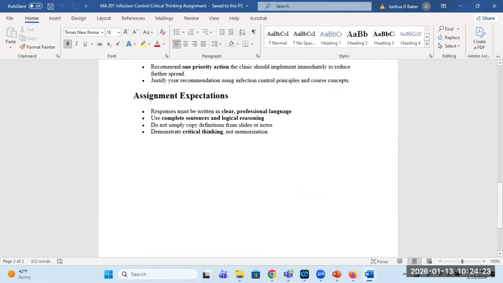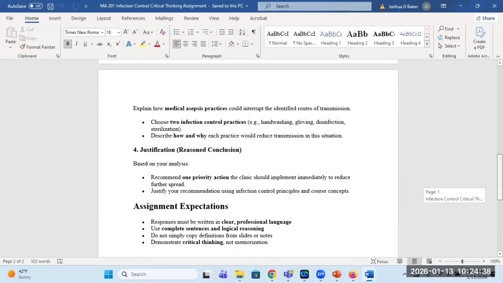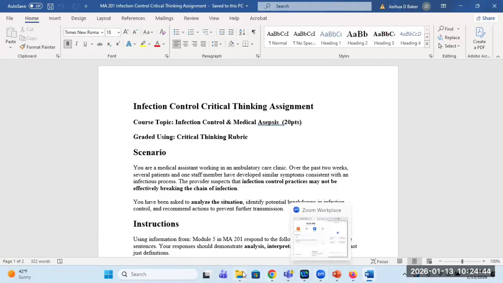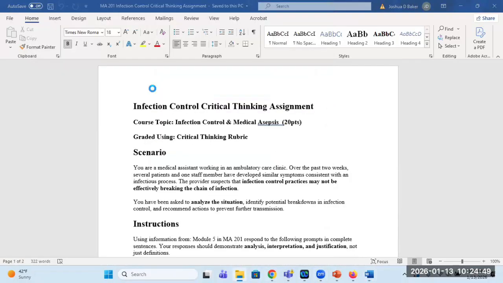It's got clear language, and also I added this down here with the assignment expectations, and the ones that I've got in bold print, those follow along with a competency for my accrediting body. And how does it fit in with cultural intelligence? I have another one for that. I'm going to pull that one up. Well, right here. And then we have a cultural intelligence assignment,